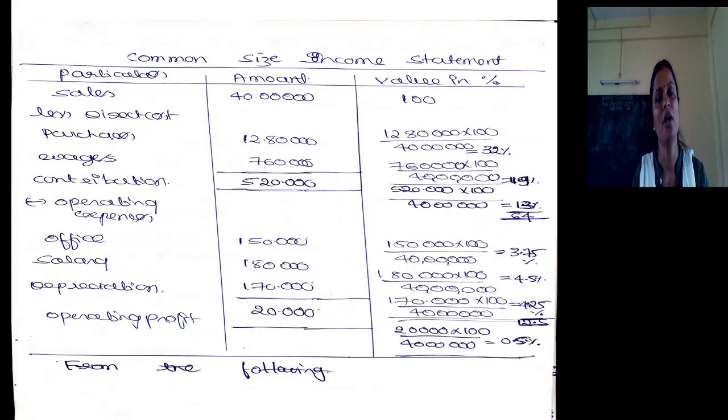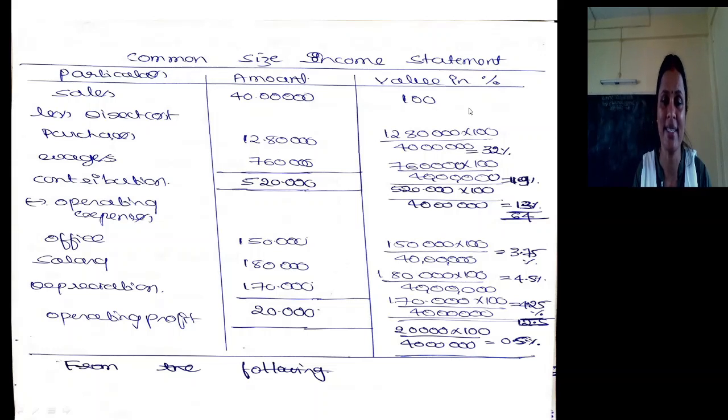So what is common size? To have a common size statement, you need only 1 year data, because all items of the income statement get related to sales, as sales of the income statement is considered as 100. Again, all items on the asset side of the balance sheet are related to total assets, because total assets is considered as 100 in case of common size statement. All items of liabilities are related to total liabilities, as total liabilities is considered as 100. That is what the common size statement is.